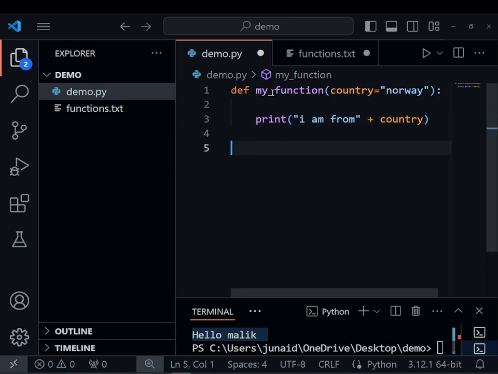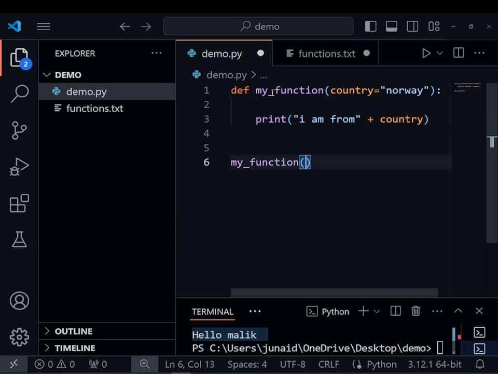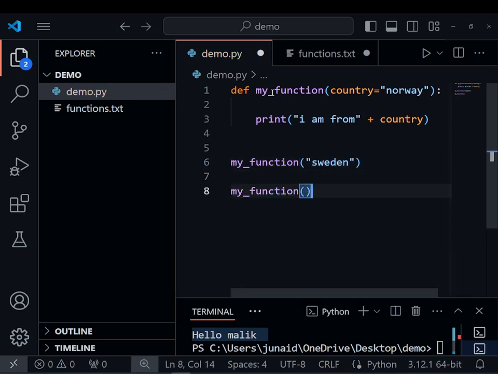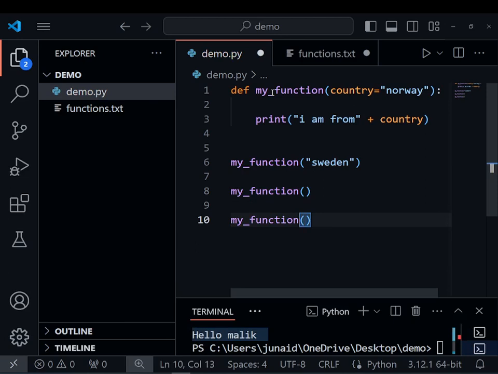After that, when we call my function, we say Sweden, and again my function, and we set it to empty, and again my function, and we set it to something like